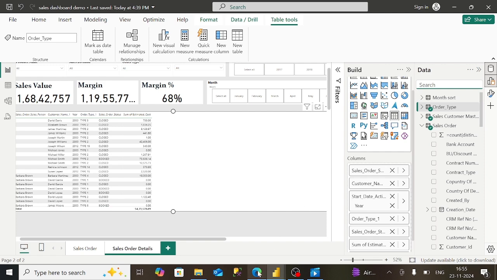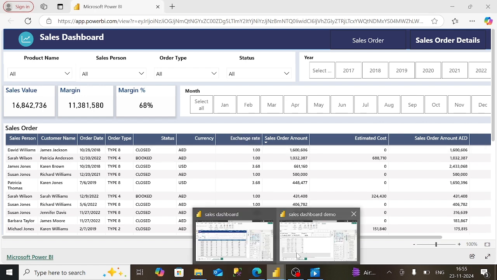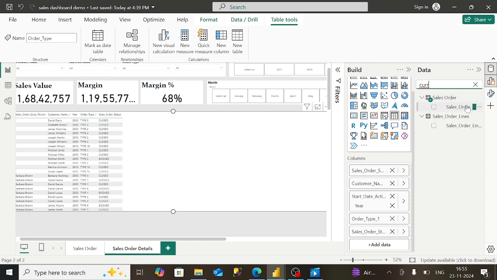Just want to check I'm going right. So after status, we have currency, exchange rate. Okay. For currency, we will add currency from the sales order table. Then we have exchange rate. Sorry, currency is not added. We will add currency in add data. Then we will add